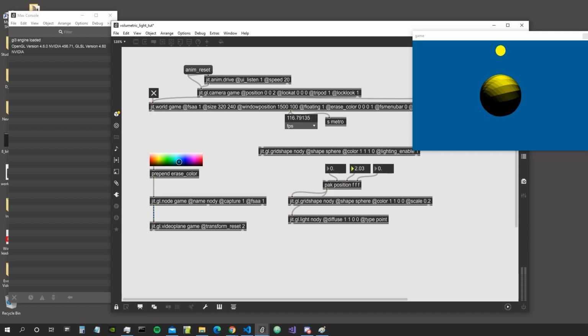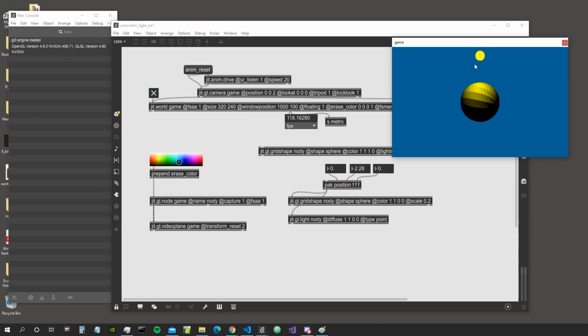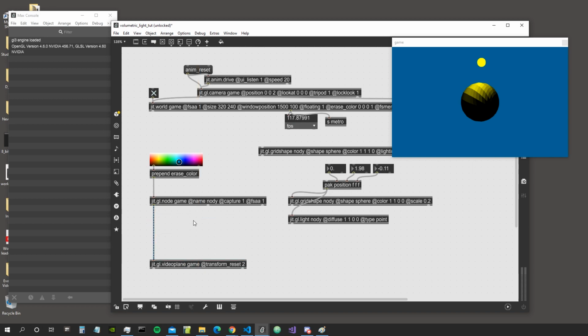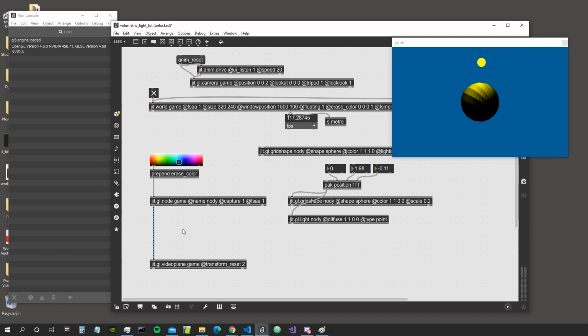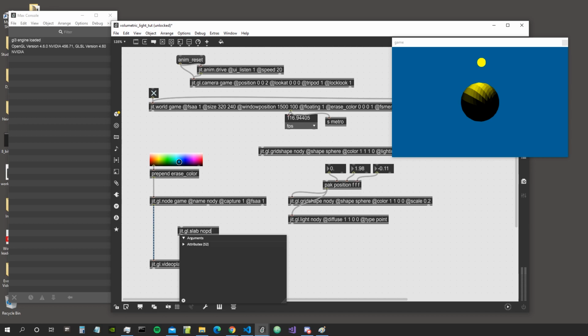So, great. Exactly. Basically this little sphere here represents a point light that illuminates our scene. Okay, great. Then what we need now is the meat of our algorithm: a GGL slab node. It's going to have two inputs, so let's specify it, inputs 2,